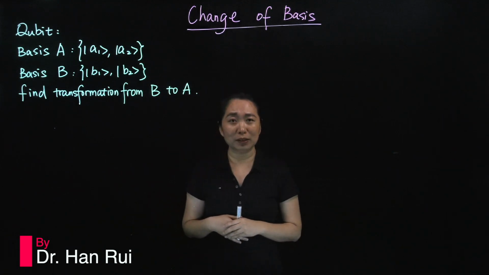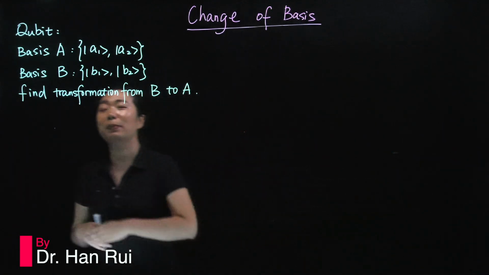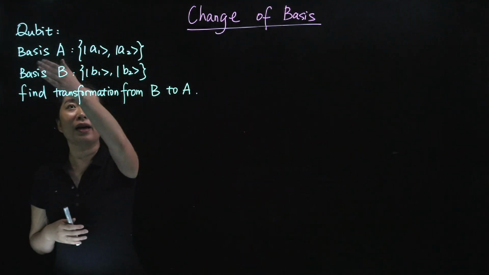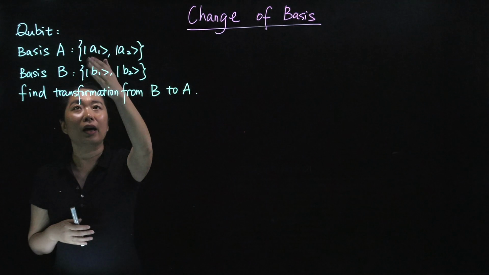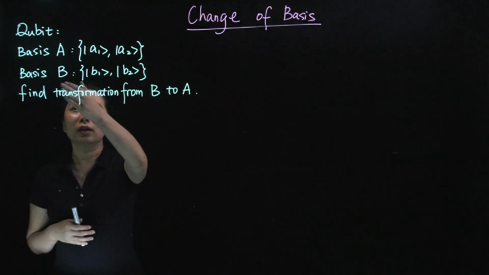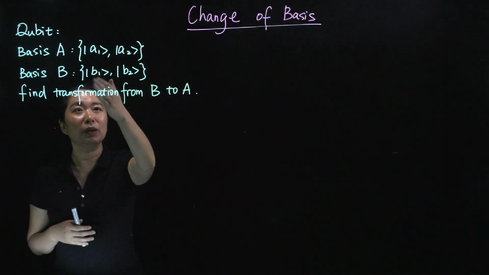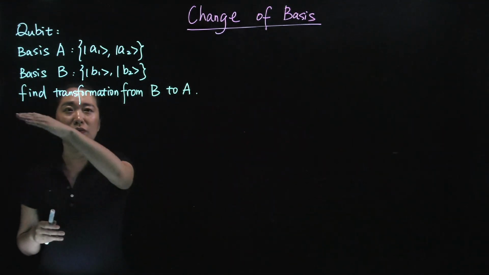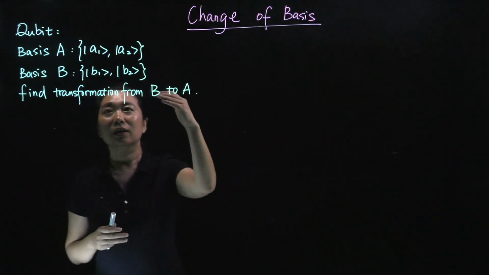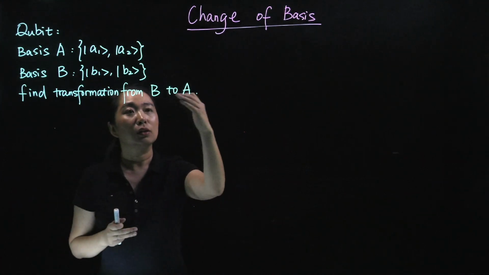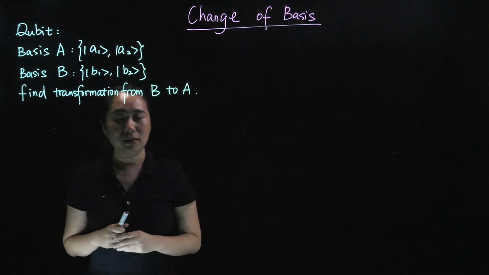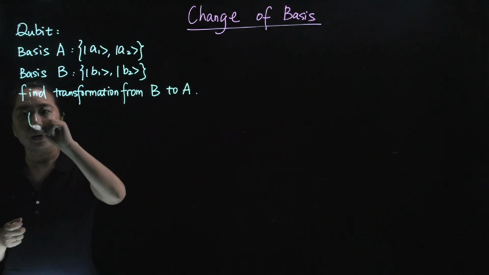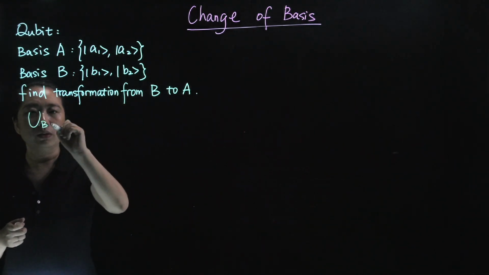Suppose we have two different sets of bases represented by A and B. In the A basis, we have kets A1, A2. In the B basis, we have kets B1 and B2. The question is to find the transformation from the states in the B basis to the states of the A basis. If we denote this operation by U, B to A,